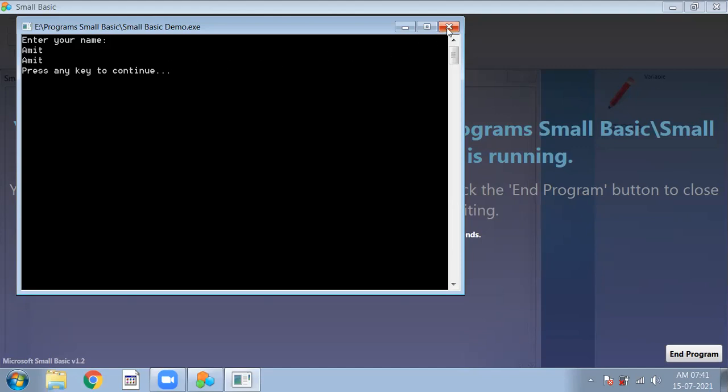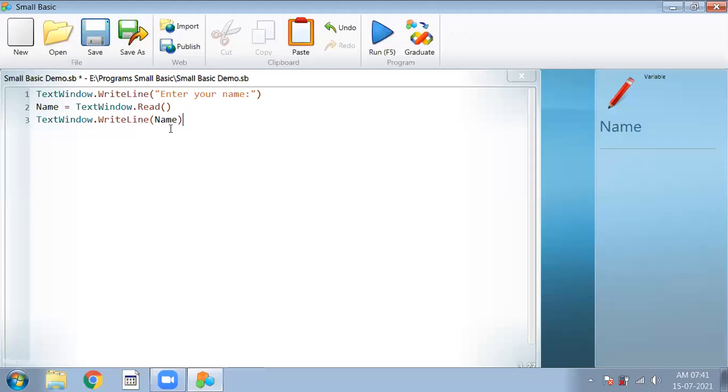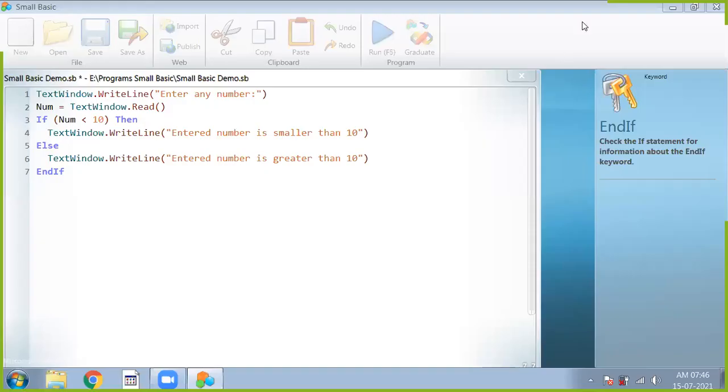Now I am going to show you one program using if. Here we have written one program. It will check whether the entered number is less than 10 or greater than 10.